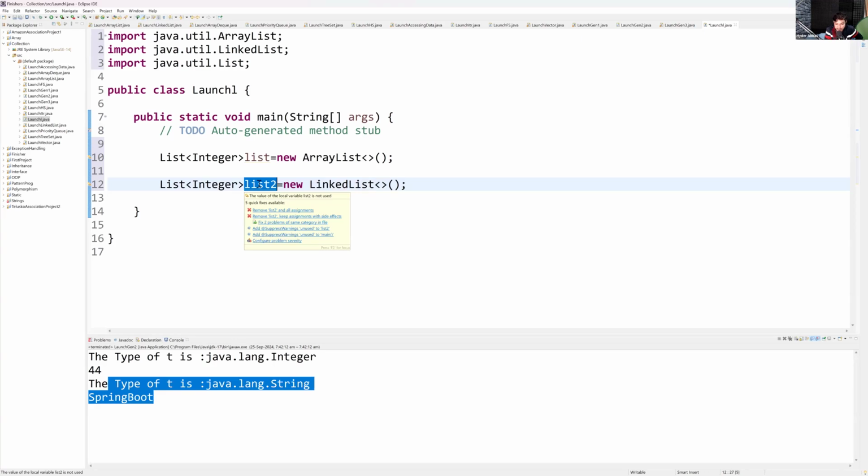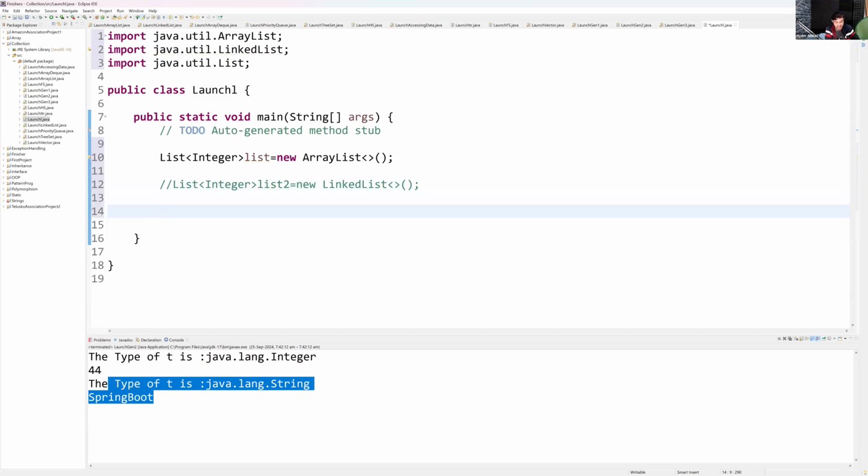As per the polymorphism concepts, not allowed. So I hope that much understanding everyone has. Okay. Now, guys,